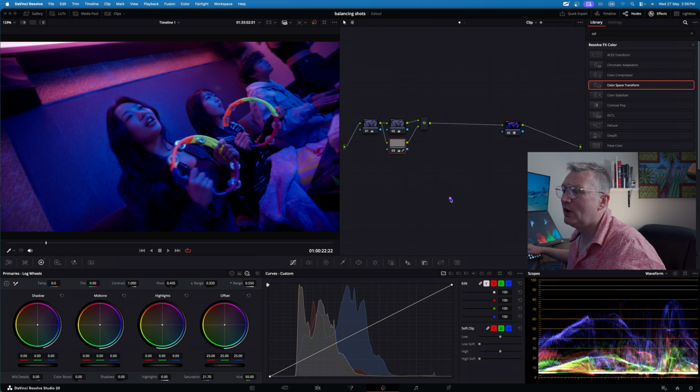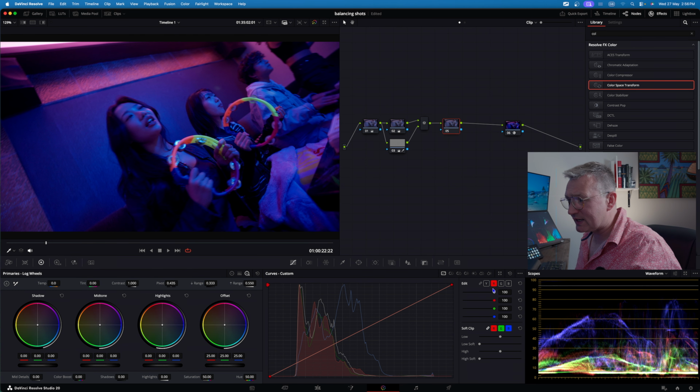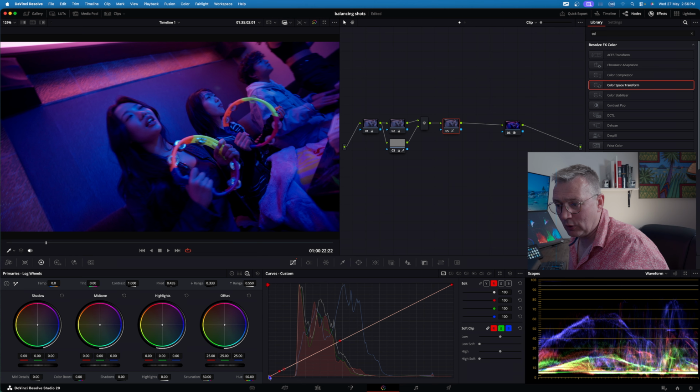on the shadow floor. So we're going to go to this node, right click, add a node and add a serial. There's a number of things that we can try here. The first one is going to be the custom curves. Let's click the red channel. So now we've got just the red curve. What we're going to do is press Alt and click on that red channel down the lower end of the luminance. So we're going to go to the endpoint and lift that up,